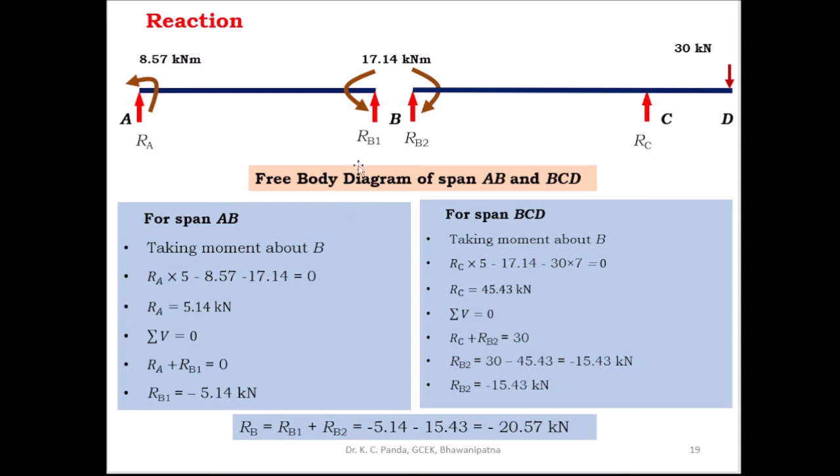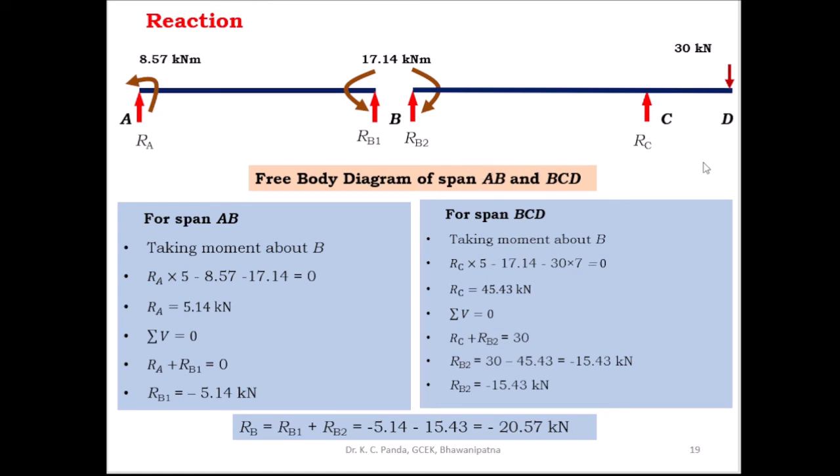Then you can find out the reaction at B. RB is equal to RB1 plus RB2. This is equal to minus 5.14 minus 15.43, which is equal to minus 20.57 kilonewton. The reaction at support A, that is RA, is equal to 5.14 kilonewton, the reaction at support B is equal to minus 20.57 kilonewton, and the reaction at support C is equal to 45.43 kilonewton. Then after knowing the support reactions,